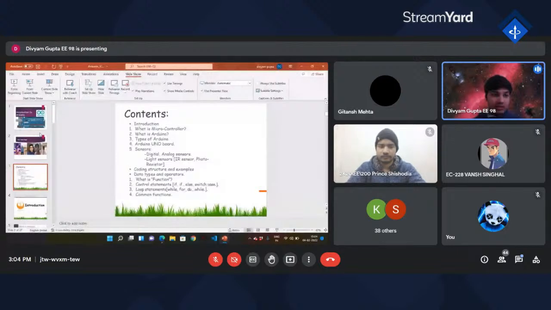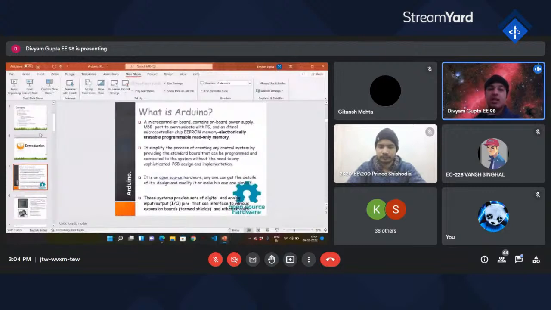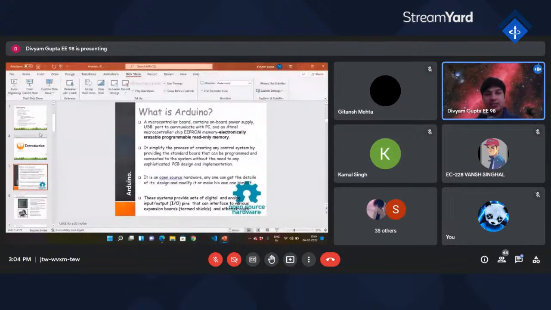So basically, what is Arduino? Arduino is basically an open source hardware device which we can program or design according to ourselves. And it contains various analog and digital devices, and we can program it very easily. So basically, it contains numerous devices on it. That is, we have a microcontroller board, a power supply board, and a USB port to communicate with the PC easily. And the main component which controls the whole Arduino board is our Atmega 328 chip, which you can say is basically the heart of the Arduino board. It controls every function of the Arduino board from the very basic level to a very advanced level.